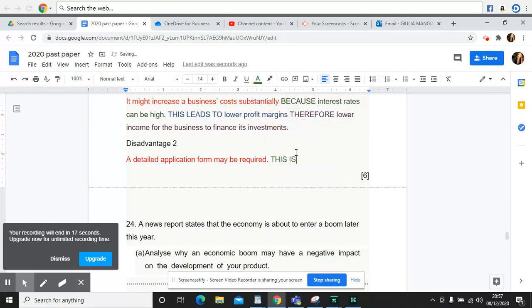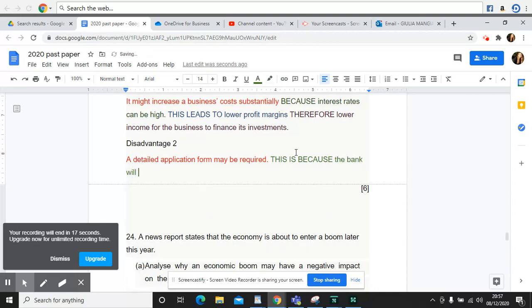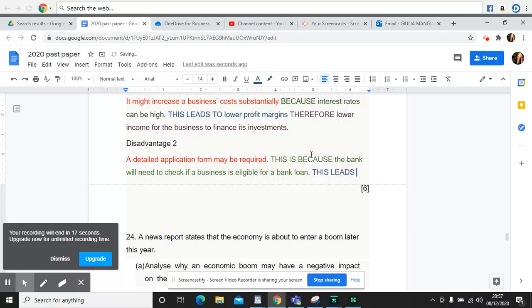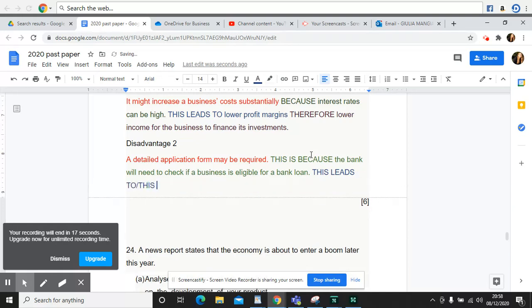This is because the bank will need to check if a business is eligible for a bank loan. This leads to, or you could say this means, the business will need to invest time developing